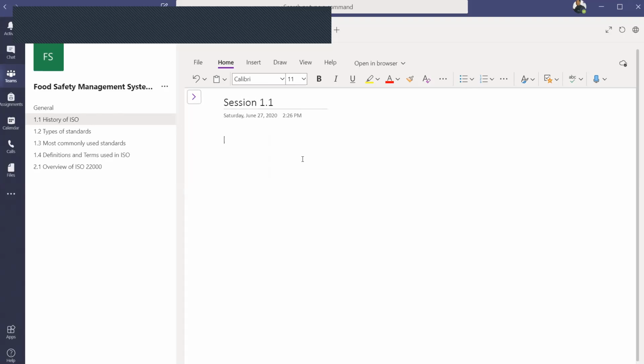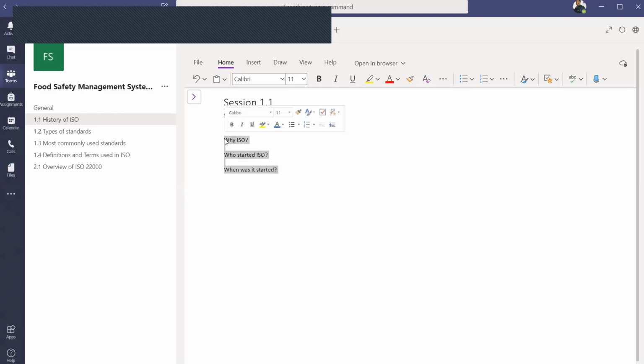Now the moment this page is created, you can start to give additional things over here, like I had put earlier: why ISO, who started ISO, when was it started, and you can add more.